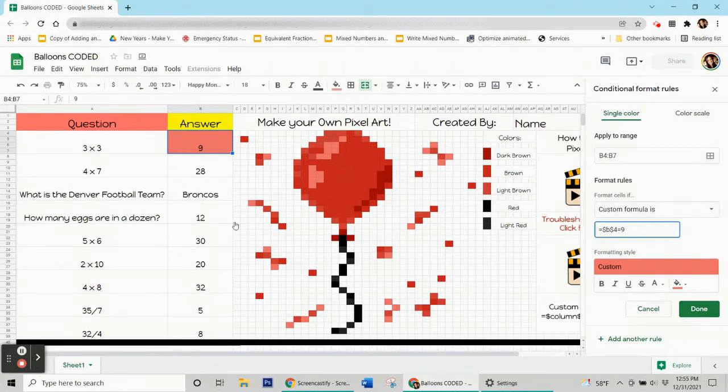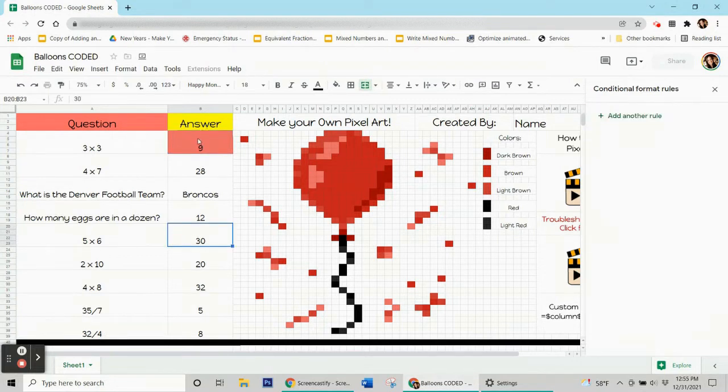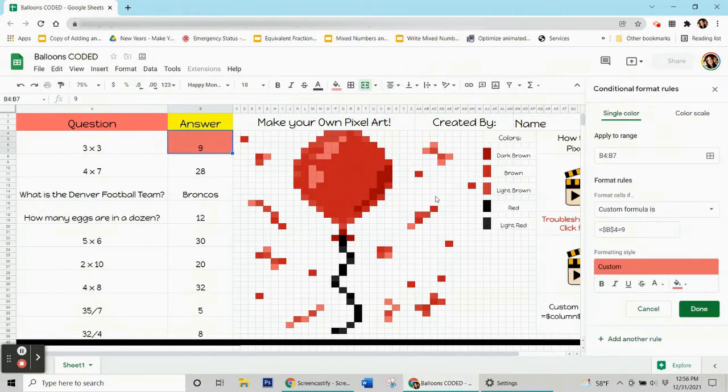Now, technically, this box has been successfully coded. When you click on it, you can see the code is here. That's how you open it back up. And I told the computer, basically, if there's a 9 in this box, turn it red. If there's anything else in this box, don't turn it red. So the code works. What I want to do now is open that code and just add in the light